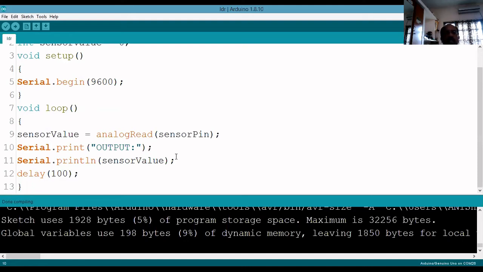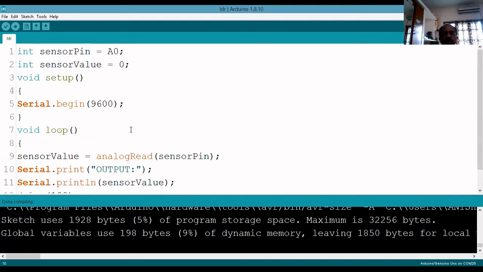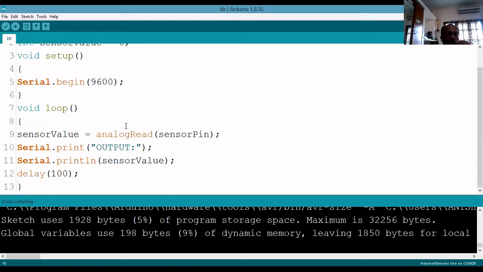If you remove this, the values will be printed continuously: first output will come, next the value, next output, value. Continuously it will print. But if you put LN, it will go to the next line. Here we are using the delay. You can increase the delay and you can decrease the delay. So this is all about the program for serial communication, LDR interfacing with serial communication.